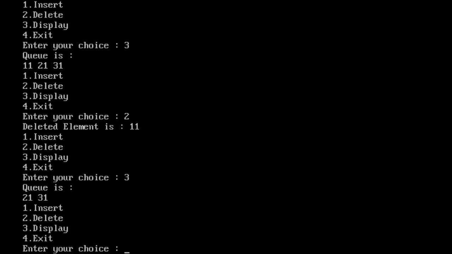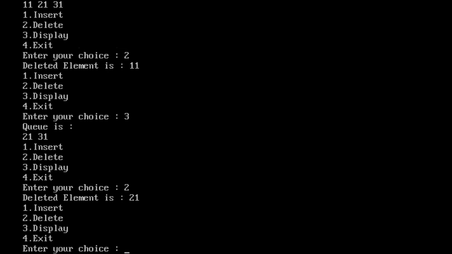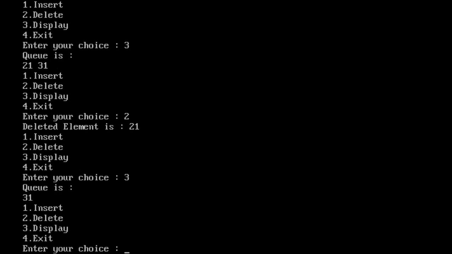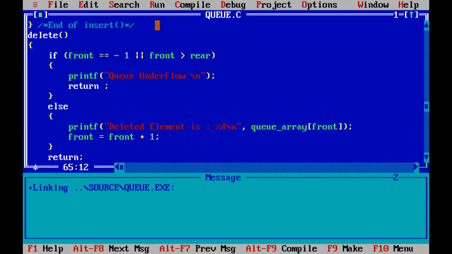Again delete the element and it will delete 21. Okay, so display, queue is 31. So this way it performs insertion and deletion operation in the queue, and 4 is exit from the program.